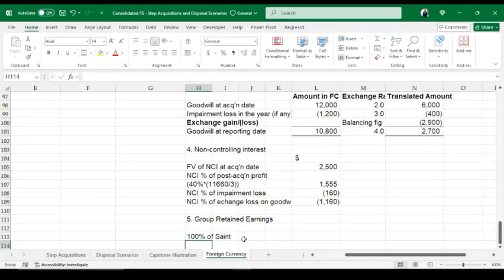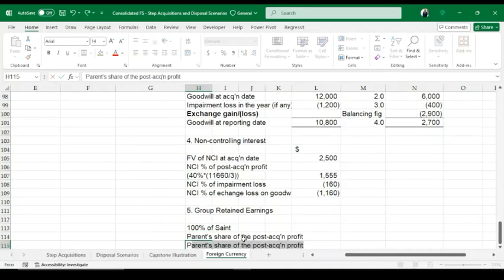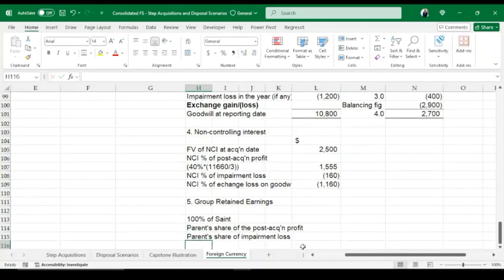We are going to have the parent's share of the post acquisition profits. We'll have the parent's share of impairment loss. Then we'll also have